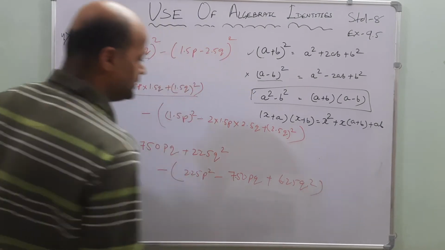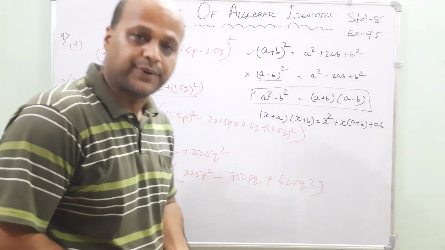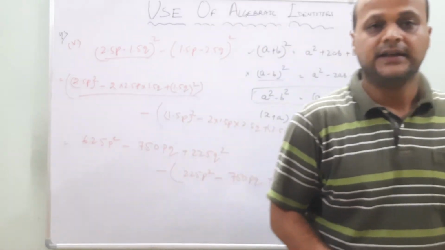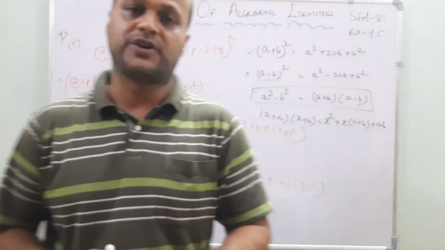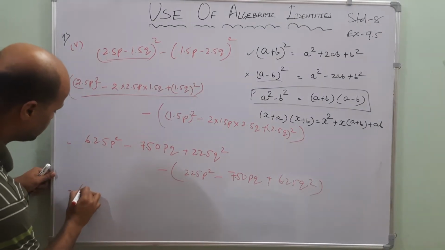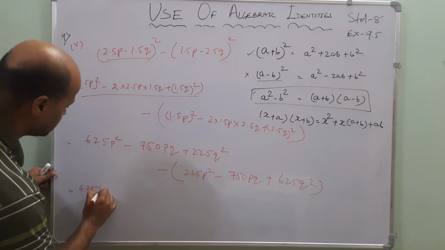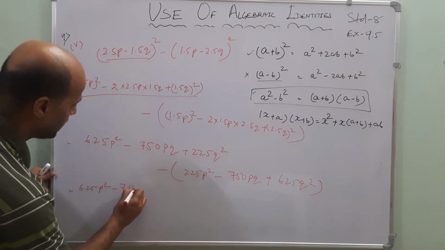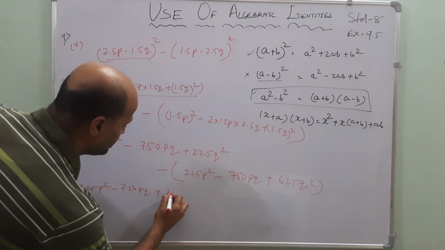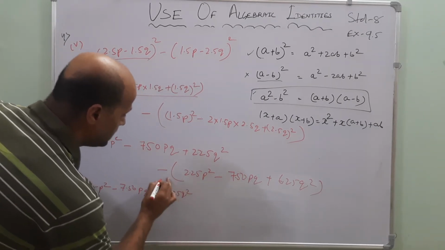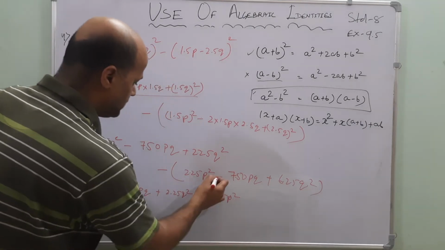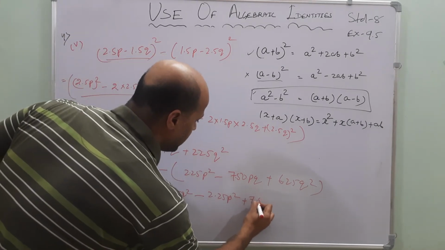This is the answer. Okay, my dear friends, now open the bracket of which one? This one. While you are opening the bracket, what you have to do? Yes, all the signs will be changed. Plus becomes minus and minus becomes plus. Okay, so do it. 6.25 p square, the first one will be as it is, minus 7.50 pq plus 2.25 q square, minus into plus minus 2.25 p square plus 7.50 pq